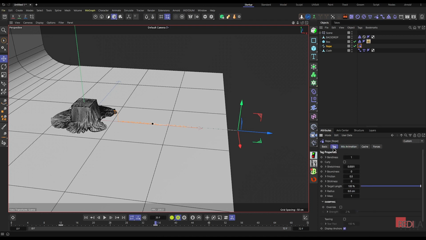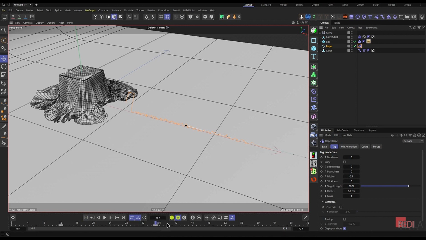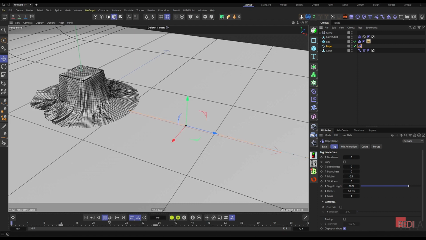And whilst we're here, we might as well go into tag, and where it says target length, we're going to decrease that to 80 to make the rope shrink. Stretchiness, we're going to move that to 0, and bendiness, we're going to move that to 0 as well. And then hopefully, now when I press play, we should be able to see the cloth, and then the cloth is going to pull it, and then there you go, we've got the cloth coming off,